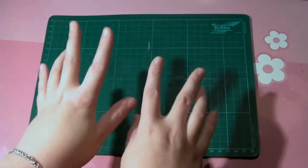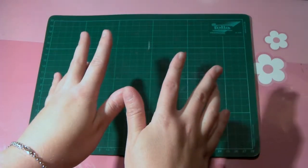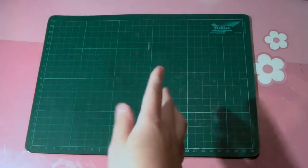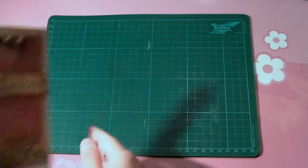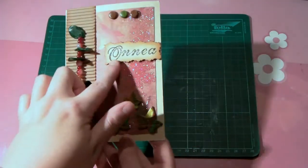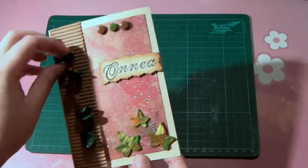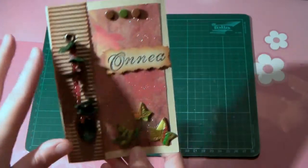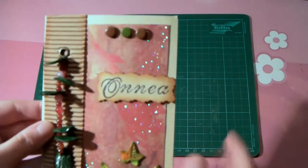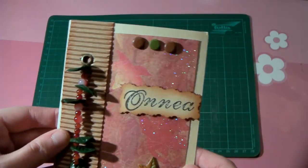Hello! Today I'm gonna show you an autumn card that I made for my aunt who has a birthday. So it's an autumn theme birthday card and it looks like this, and it's finished and it says Onnea, which means congratulations. And here you have some leaves, 3 leaves, and some glittery background paper and just some small embellishment,